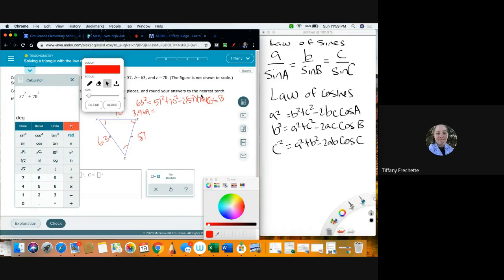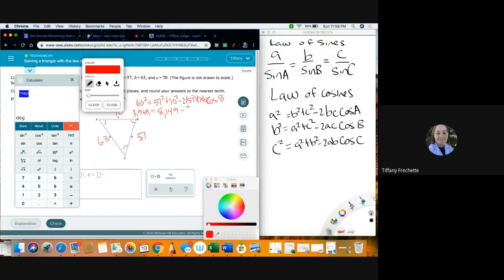I have to leave that separate from these other coefficients because they're being multiplied by cosine of B. All right, so equals, so we have 8,149 minus 2 times 59 times 70 equals,